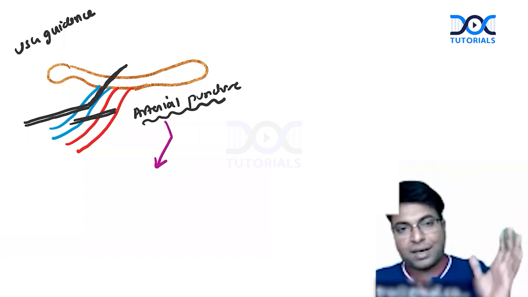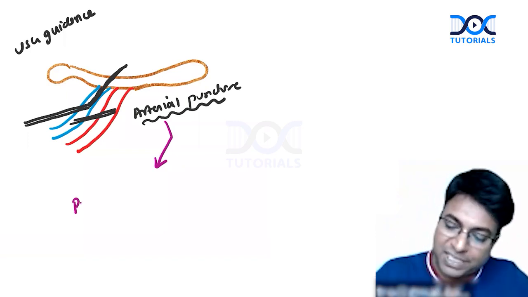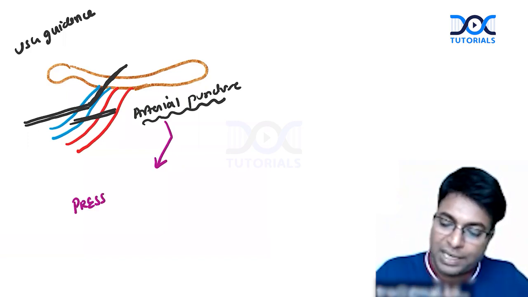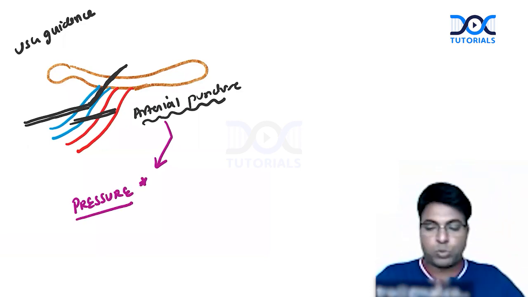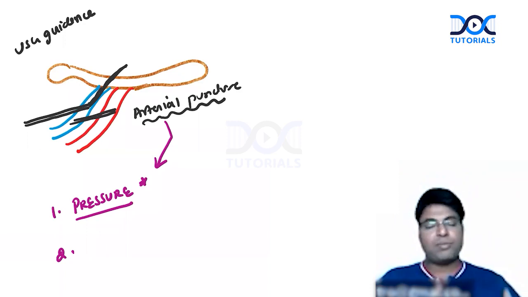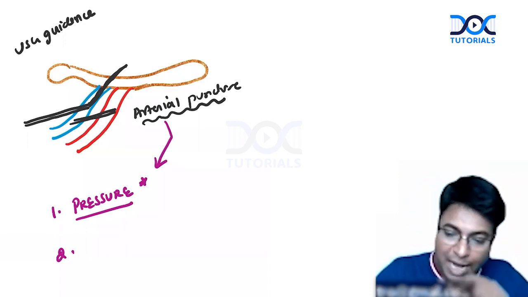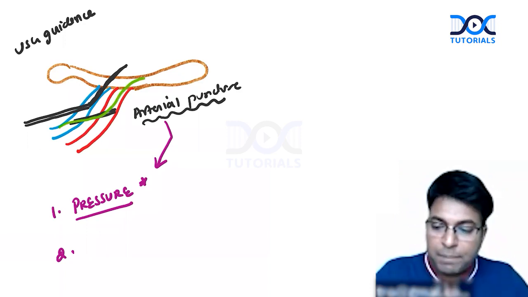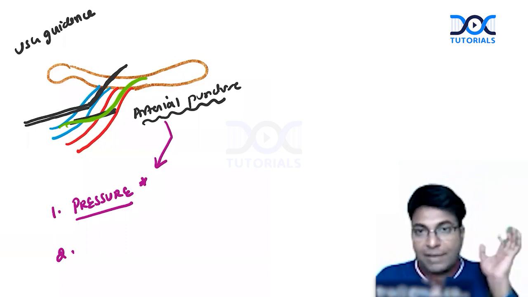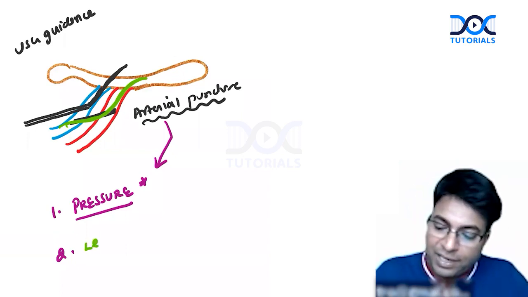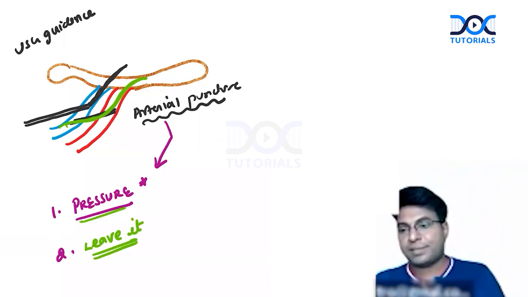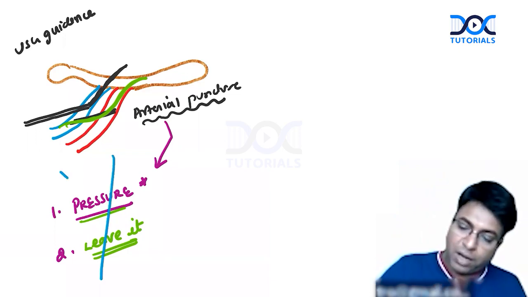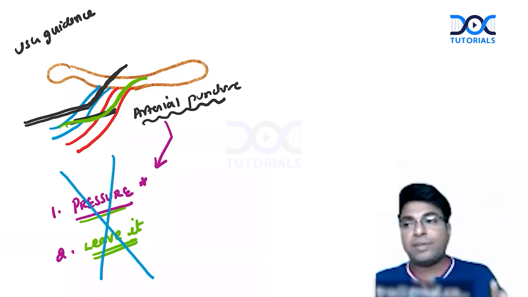If you puncture the artery, what we do is pressure. We remove the cannula immediately and apply pressure on that artery. Number one, this is one method. Number two, what some people do is leave the cannula there for some period of time and not remove it. They leave it and remove it afterwards, after a few days. So, pressure compression or leaving it, these both are wrong methods of dealing with the arterial puncture.